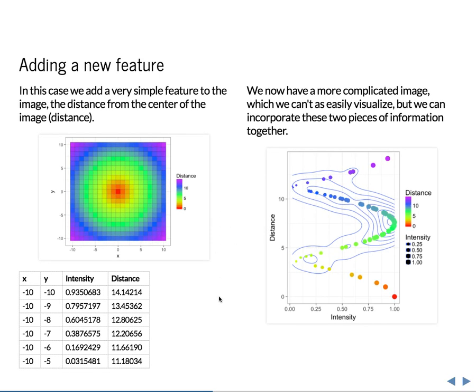That's where you can start adding new features. We had the edge feature before with the text image. With this image, what we can add is a distance from the center feature. And this is also the kind of feature that often comes up in medical imaging or even